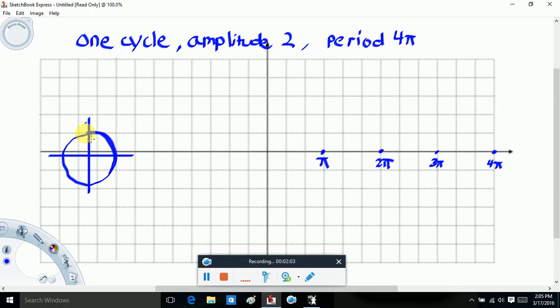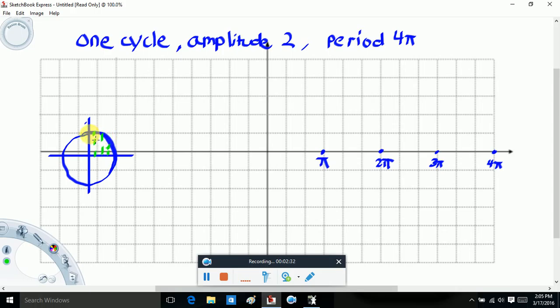The sine value is the distance up or down. Right, so we know that the sine value initially goes up,